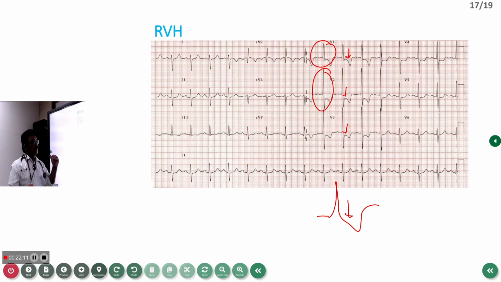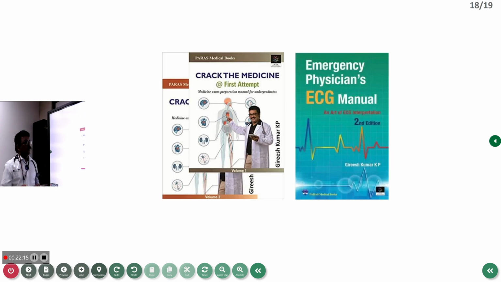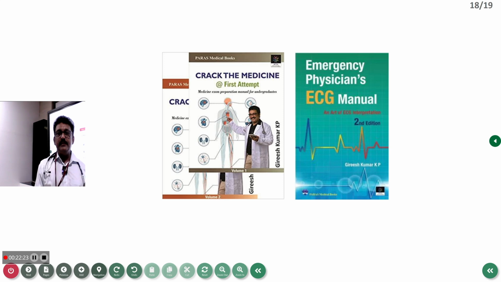So we have discussed acute myocardial infarction ECG findings, whether it is ST segment elevation or ST segment depression. But all these things depend on the cardiac enzymes. Remember one important thing: in pericarditis, you get all these findings, but it's a universal ST segment elevation, and even CK-MB or troponin I can be